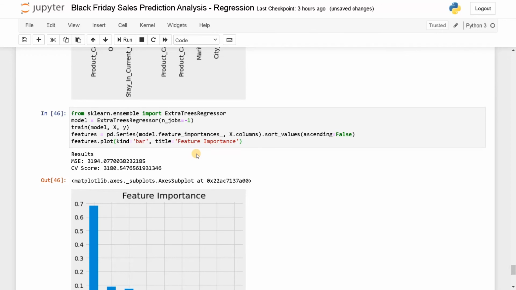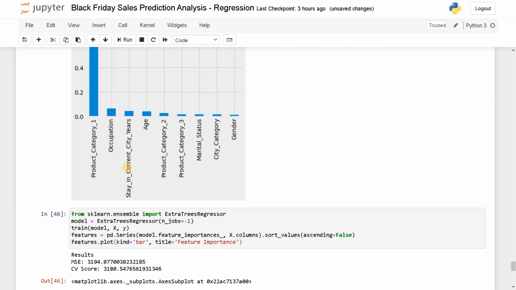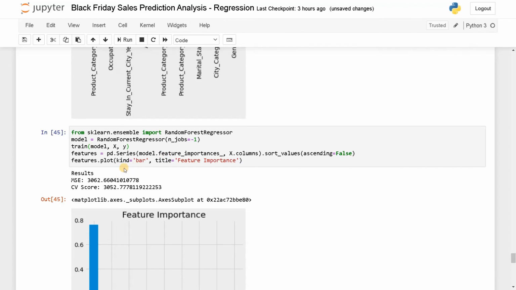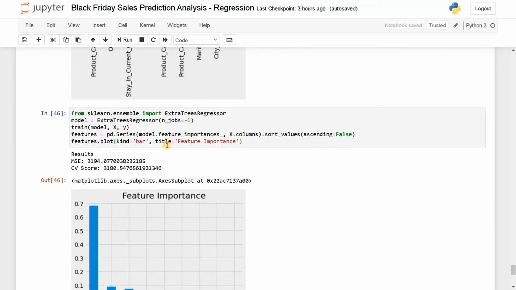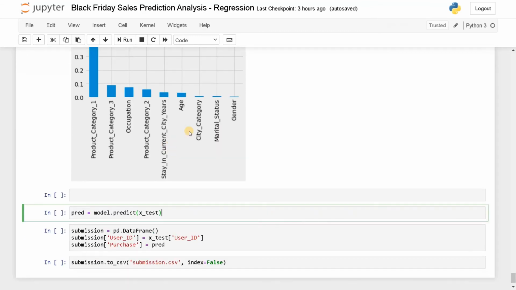So finally, our extra trees regressor successfully trained the model. We have 3100, I think it is 3200. I think it is comparatively better than decision tree, not better than random forest regressor. So this is our final result.